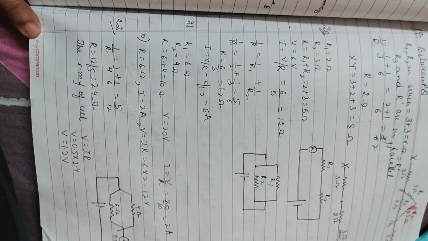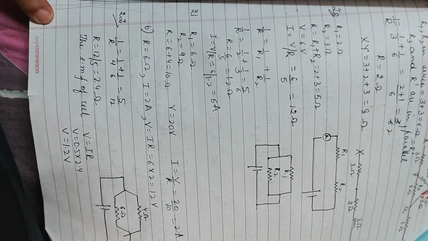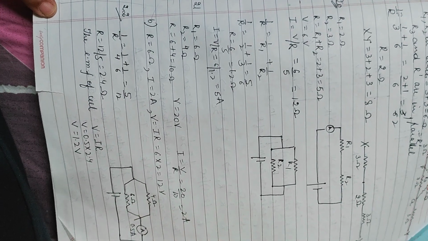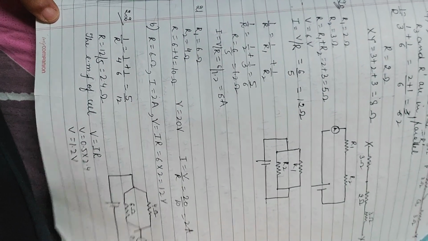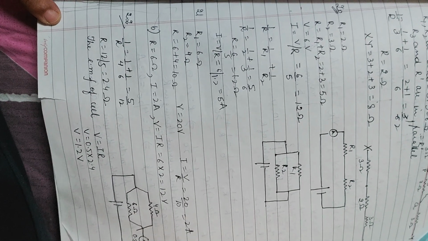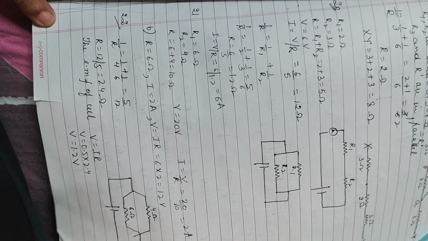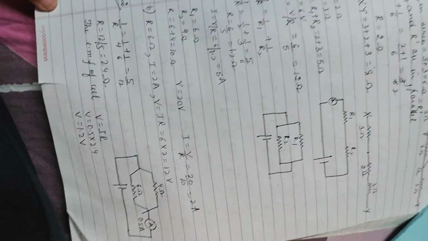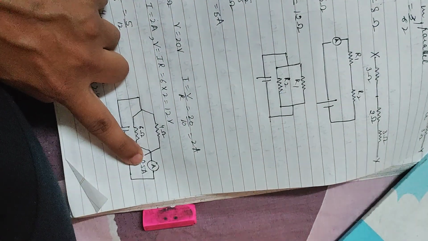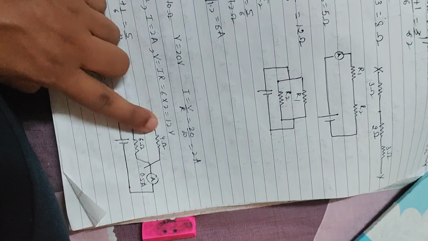Now the 22nd question. In the 22nd question, we have two resistors, again 4 and 6 ohm, but now they are connected in parallel and draw a current of 0.5 ampere from the cell. Draw a well labeled diagram. So this total value is 0.5, labeled diagram.